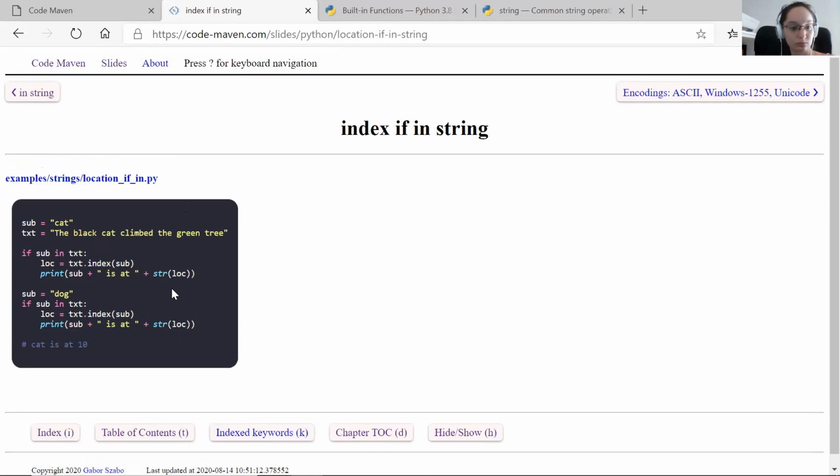So I could use the in before the index. So I can say, okay, I'm looking for this substring in this text. So now I check if sub is in text, then get the location with index. Now the index is protected because I'm going to call it only if I already know that the string can be found. Unfortunately, this means that Python needs to search the whole text twice,